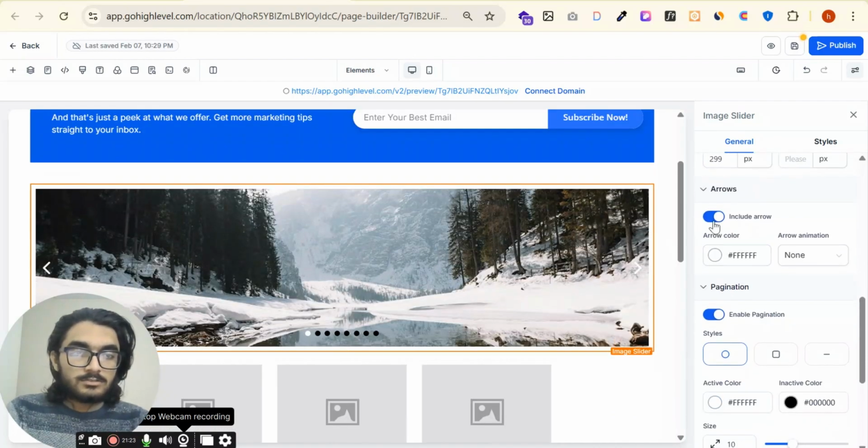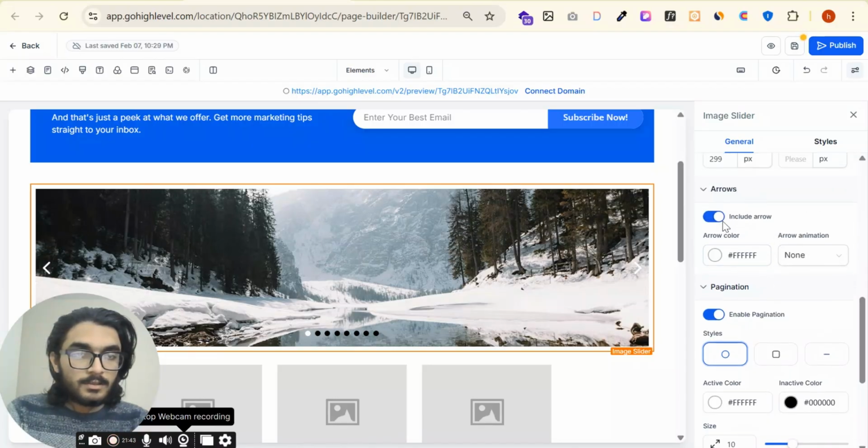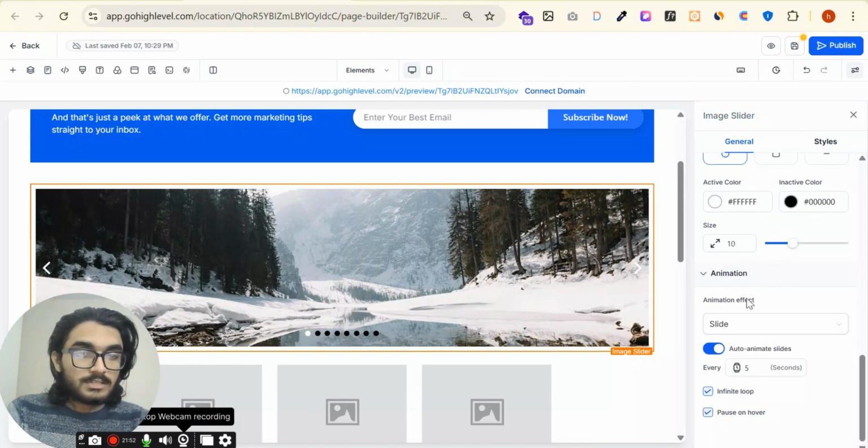Okay, so the next is include arrow. There is a little arrow on the right and the left side, so you can include or exclude it. Okay, so the pagination, you can also include or exclude. And next you have the pagination, which you can set, and the animation like slide, ease in, ease out,